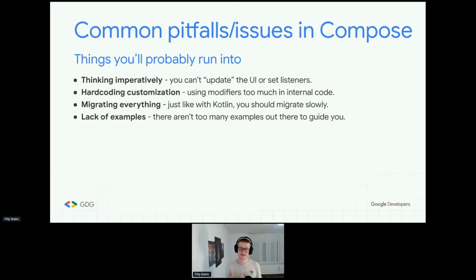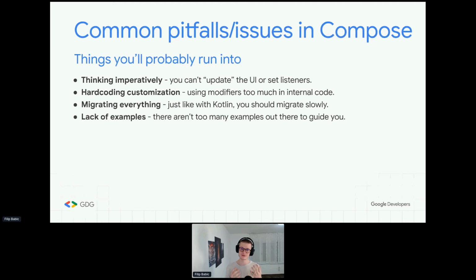For us, it was this design system of 3 types of components. We now have a clear structure of what goes where, or how we design these components. Based on users' feedback, we're probably going to improve or maybe change that in the future, but we have to see. Yeah, our Compose code is perfect, yeah. But for the most part, if you're building something new with a new framework like this, try not to be as influenced by other people and other examples.